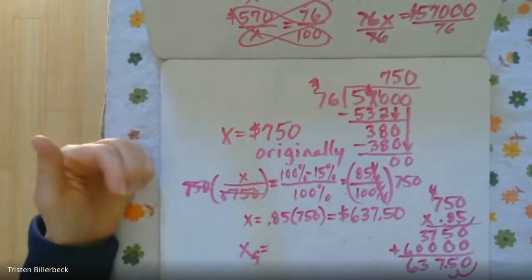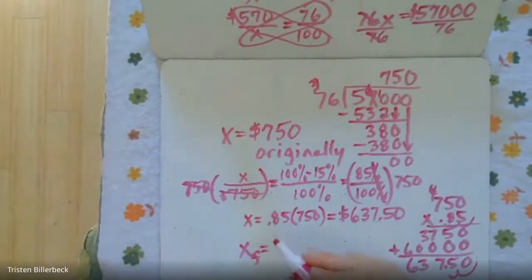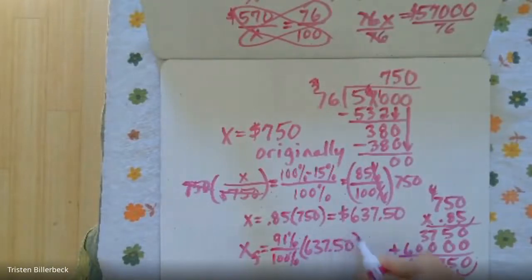So 100% minus 9% is 91%. Okay, so we have 91% over 100% times the